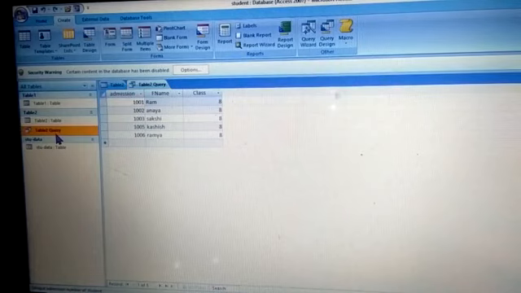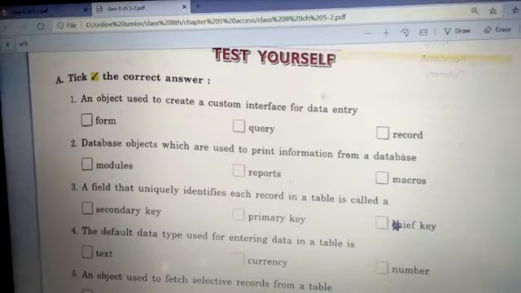So this is how it is done, children. I hope it is clear. If you have any doubt, just message me, okay? Now we will continue with question and answers. I hope you will be able to do this. You have to just take the correct answer. You will find all these answers in the chapter when you read it thoroughly. Fine. It is just how you find the answers to fill in the blanks.